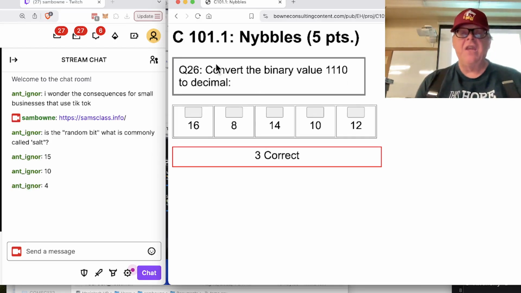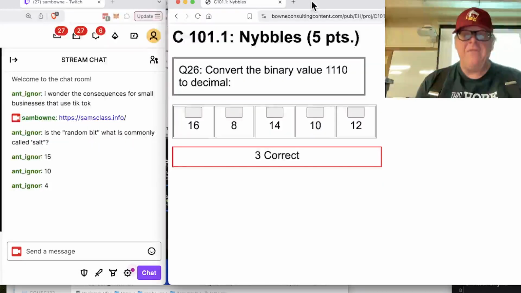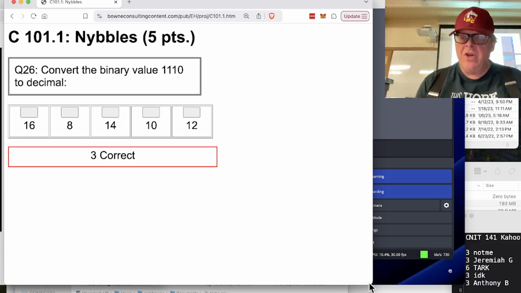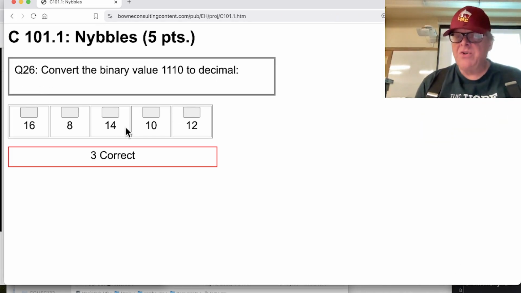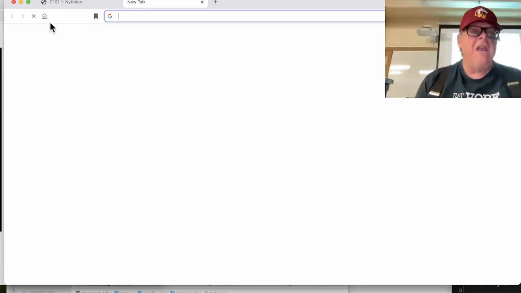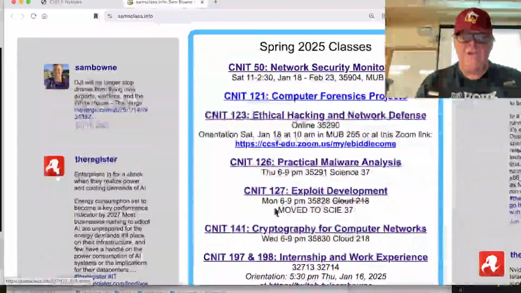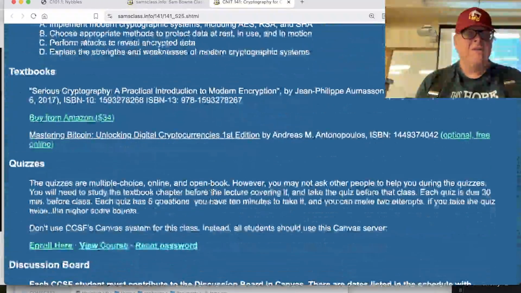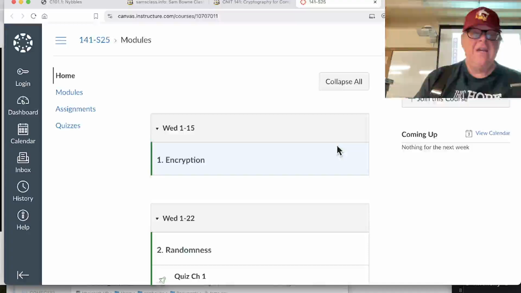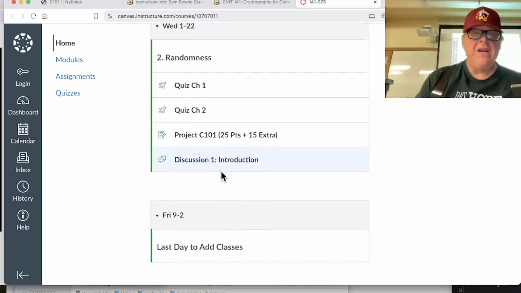All right, so that's all the game. These games are very simple. And after you get a certain number right, I think 5 right in a row or maybe 10, then you'll get a flag here. And once you have a flag value, you can turn that in Canvas. Now, there are 2 ways to turn in your homework. You can choose one or the other. What most students do is they'll get the flag, you take a screenshot of this, and then you put it in Canvas. So you go to the class web page here, and then you go to the Canvas, which is here. And then you'll find a place here to turn in the binary games,